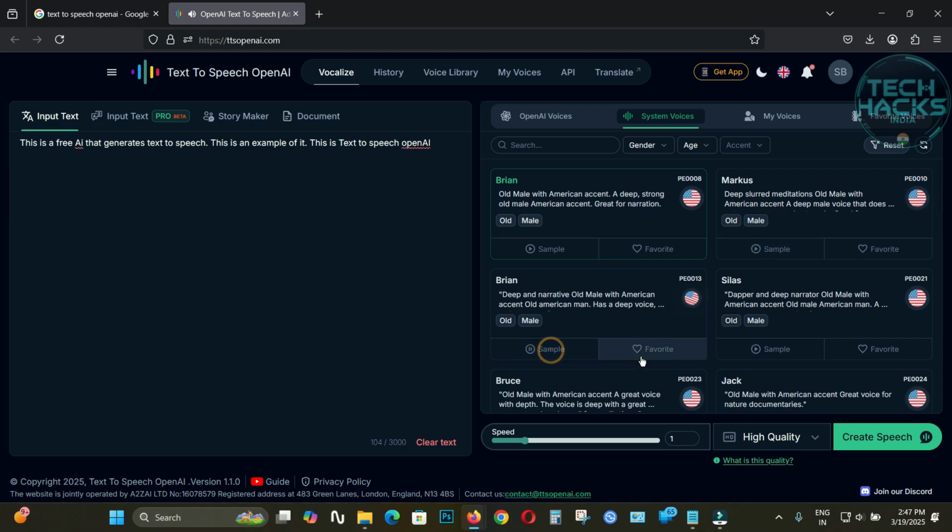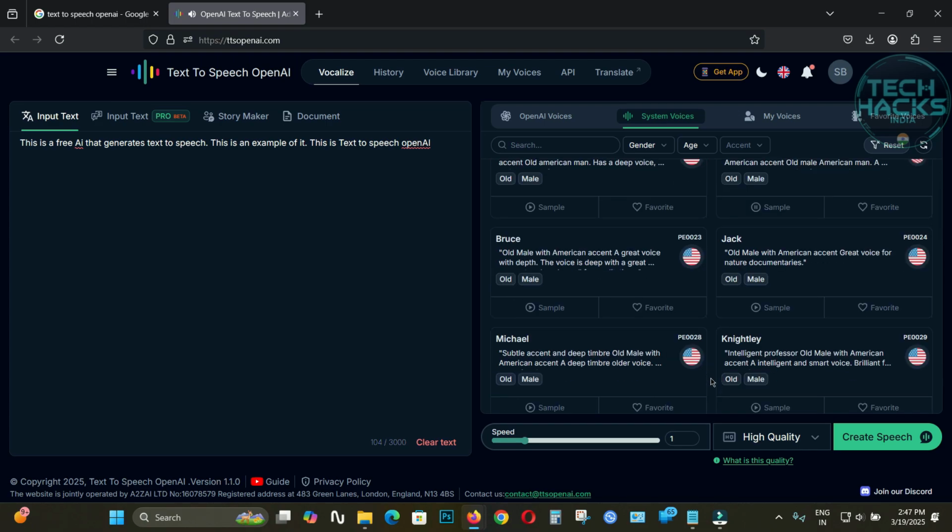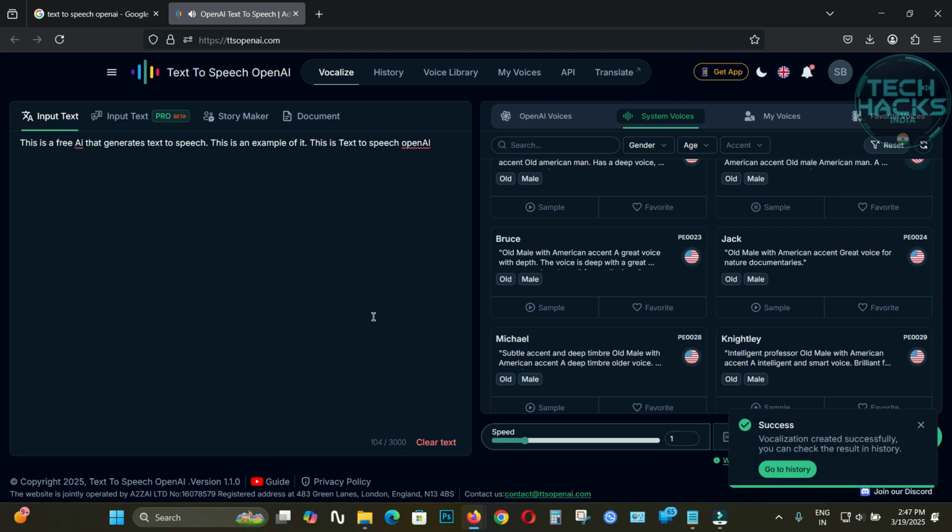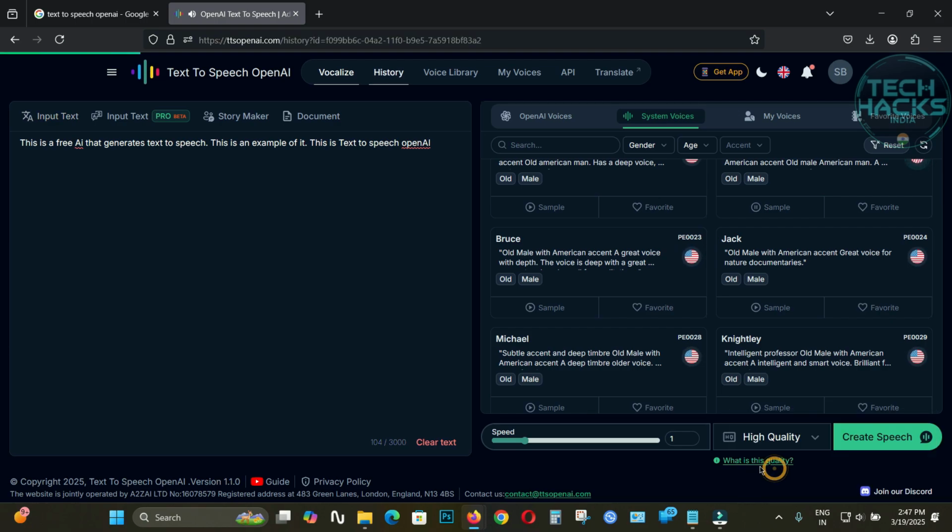Text-to-speech. Text-to-speech. Text-to-speech. OpenAI is a technology that converts text into speech based on artificial intelligence platform. Text-to-speech OpenAI works by combining natural language processing, machine learning, and